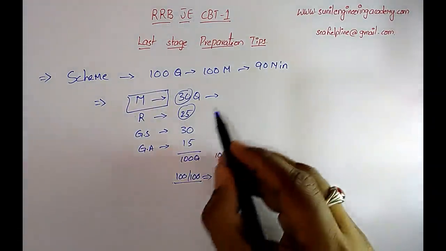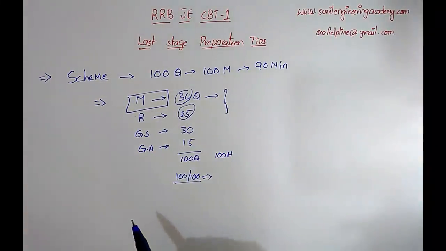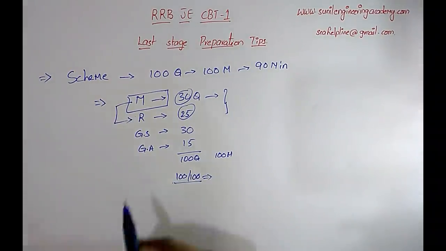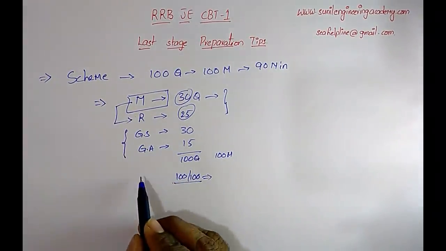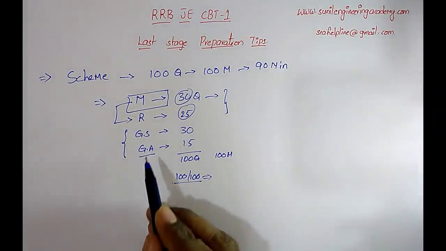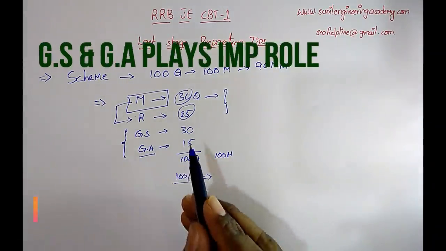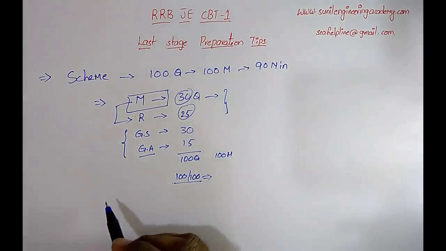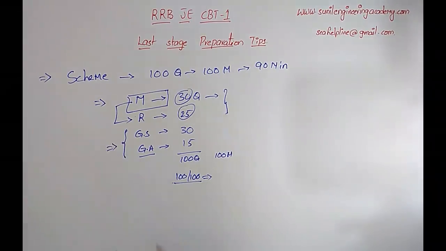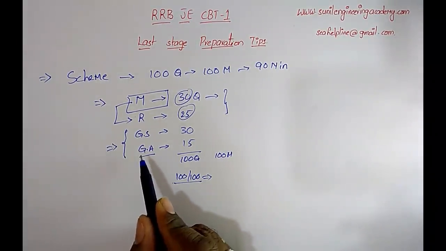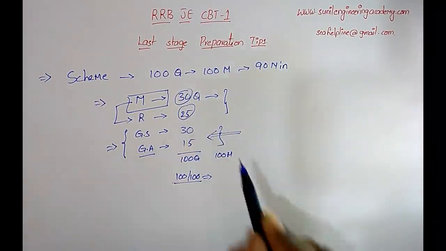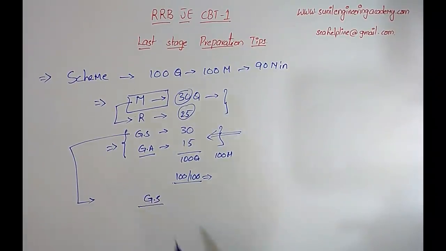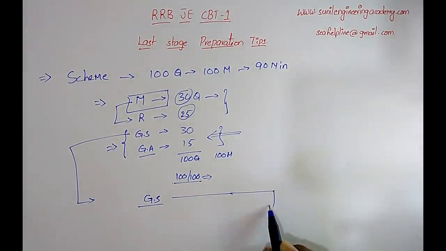Okay. And all the BTech and diploma students have enough knowledge in mathematics and also reasoning. Okay, the remaining 2 sections are general science and general awareness. These 2 sections will decide your overall score and your selection for CBT2. So these 2 sections are very, very important, and we can attempt more questions in less time in these 2 sections.